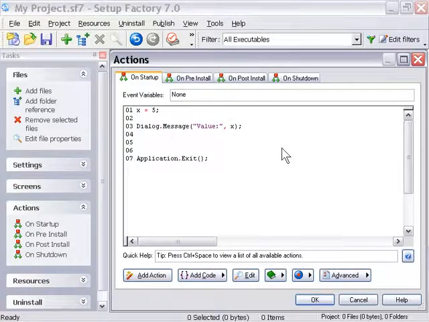Let's add a second variable to our script here. x equals 5, y equals 10. Now let's go ahead and put in here x times y instead of just x. So we've got these two variable assignments, and now we've got an actual equation. We've used the multiplication operator to create some interaction between our variables.